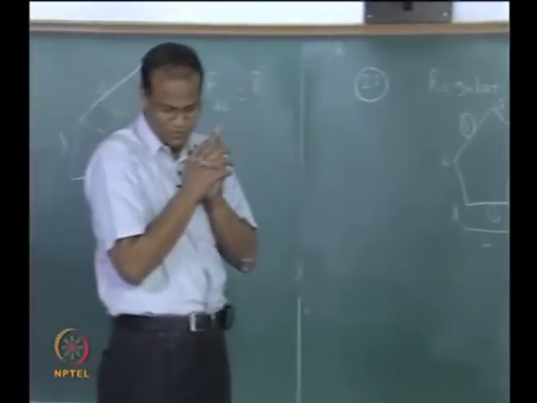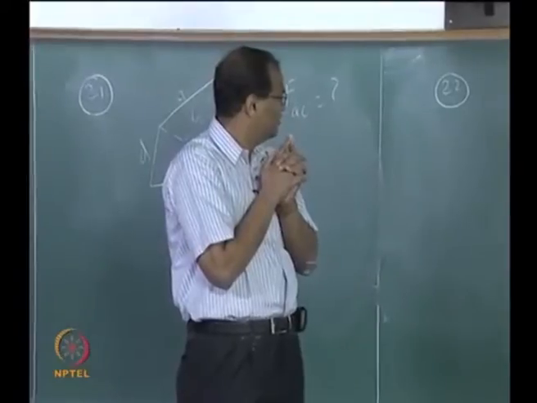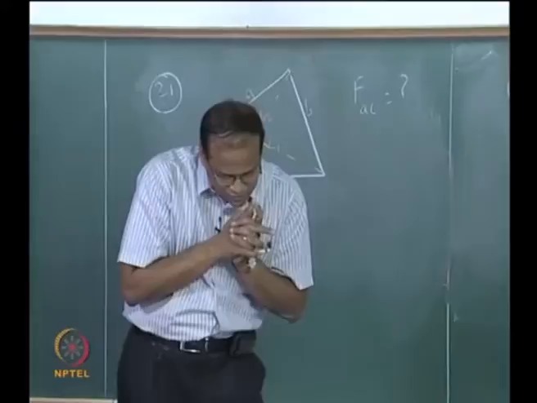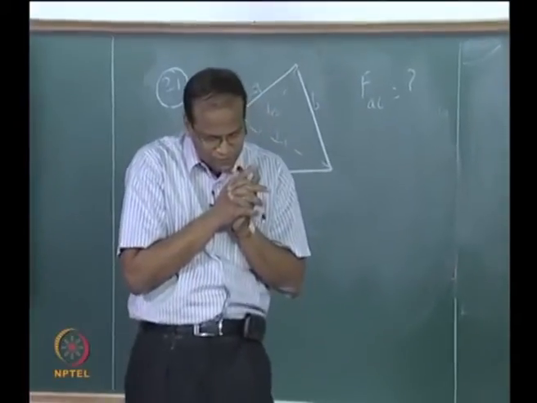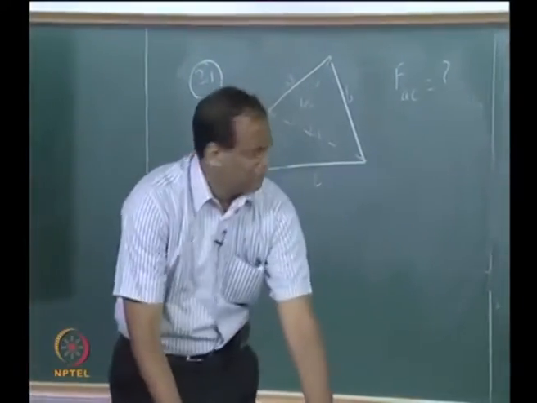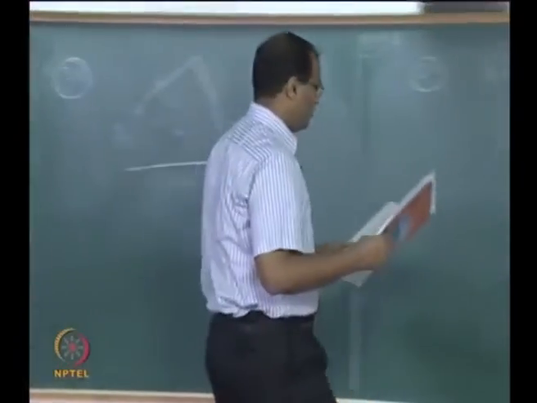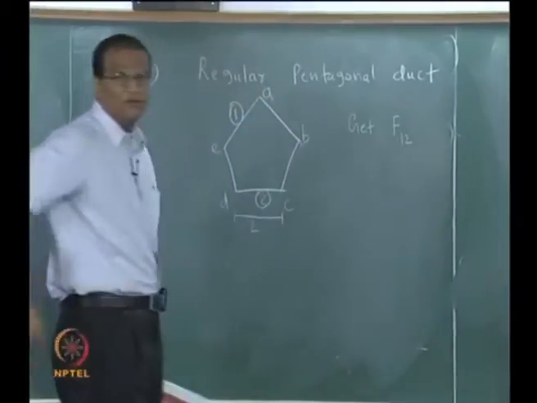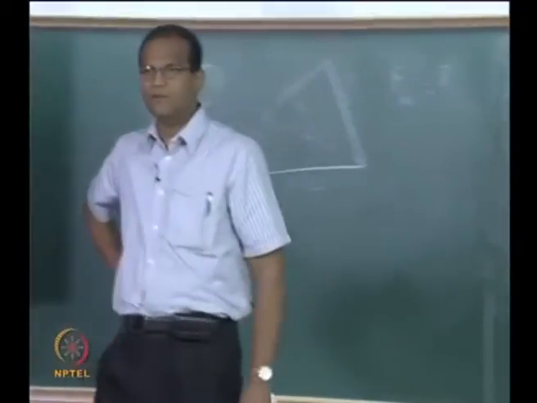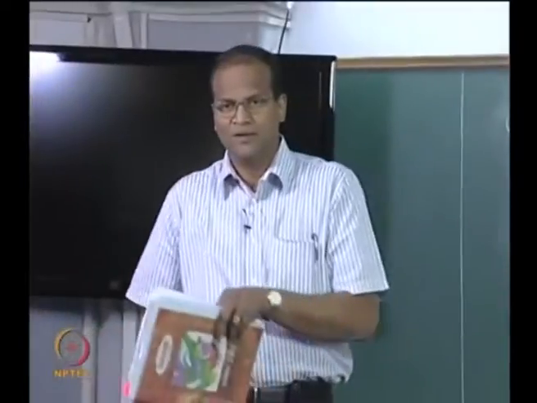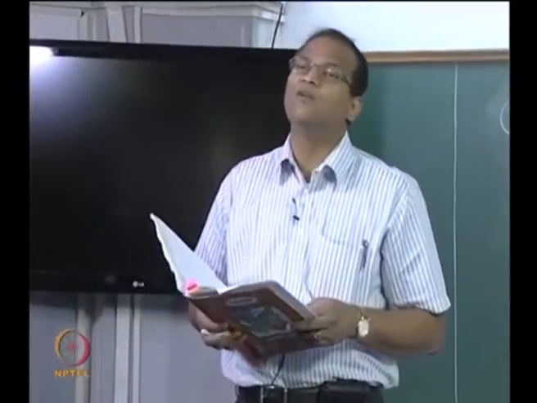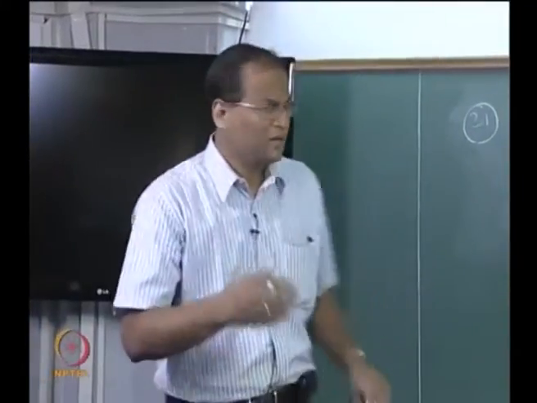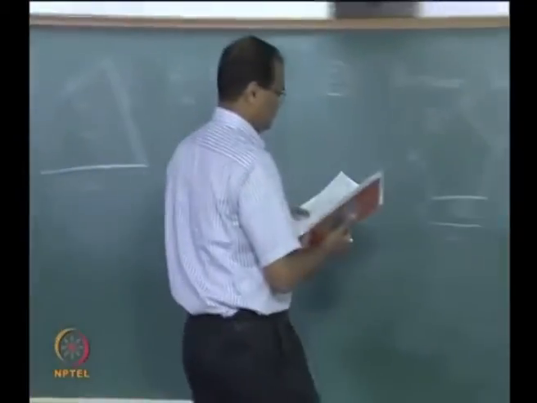So what is F1 to 2? What did I write here? F1 to 2 is FAC to, okay. Now here too, what you have to do is basically you must remember your math. You must remember the included angle. What is included angle? 108, because this will be